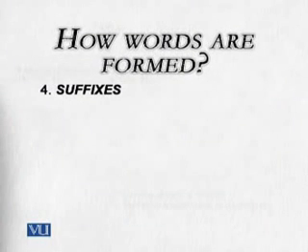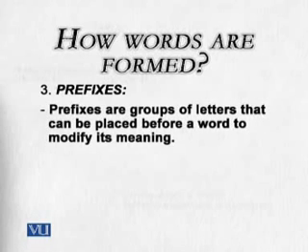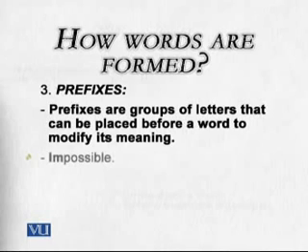Now, what are prefixes and suffixes? Look, a prefix is not, of course, a word. You can say it's a group of alphabets. You can put this group of alphabets at the start of a word, and you can create a new one. Let's say possible is one word. Now, from this possible, you can add im plus possible. Since I am putting im at the start of the word, it's called a prefix. If I add something at the end of the word, it will be called a suffix. So please do not forget, prefix means I'm adding at the start of a word, and suffix, I'm adding at the end of a word, okay?